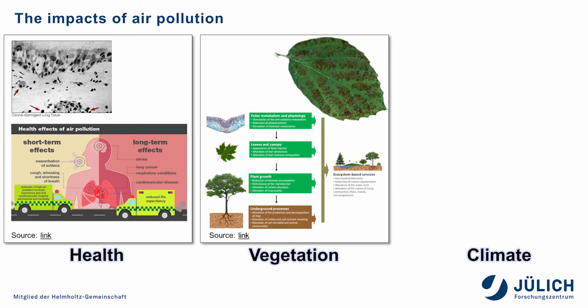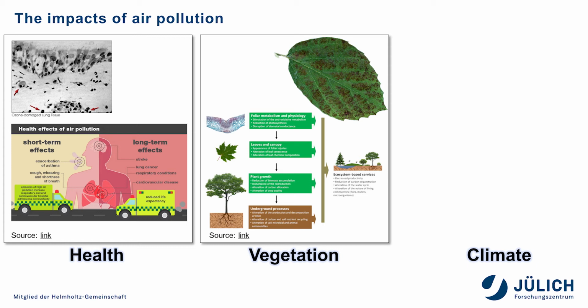In the center, you see the impacts of air pollution on vegetation. The top picture shows you a leaf damaged by ozone air pollution. And for vegetation, impacts actually happen on different scales. It starts on the cellular or foliar level, impacting the metabolism and physiology of the plants, which then, as you can see from the picture on the top, carries on to damages in the leaf and canopy